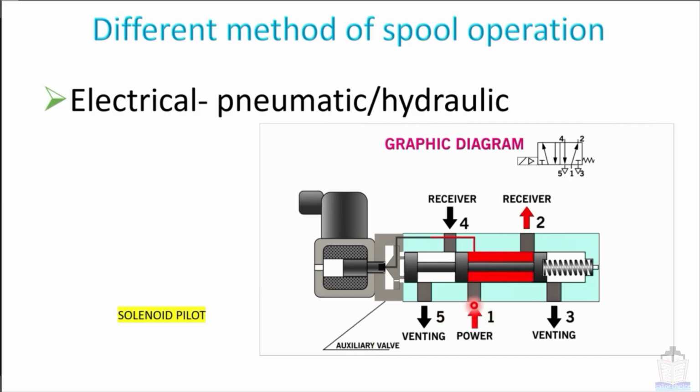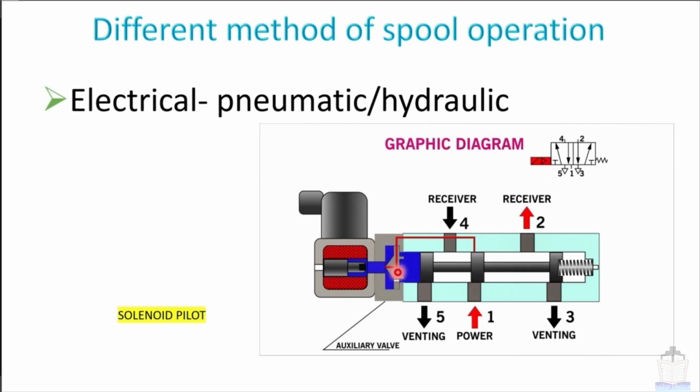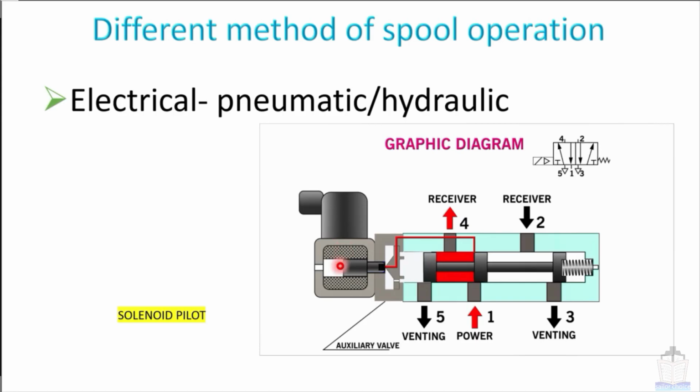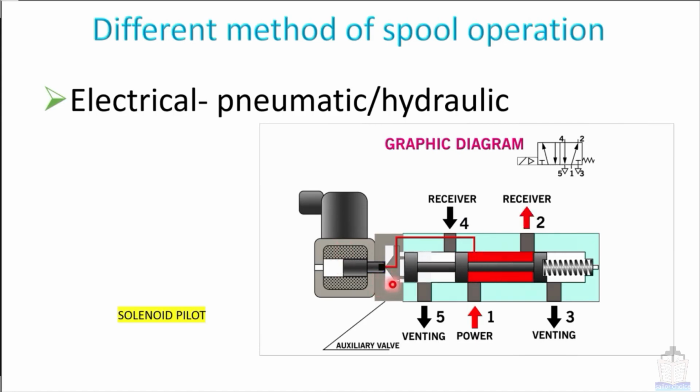First pressurized air is available. Now it will wait here. When the solenoid is energized, this valve will lift and air will start entering this chamber and will push the spool to the extreme right. And when it de-energizes, air will be released. There are so many holes present over here, so the air will be released and it will cause the spool to move to the left position. So this is how the solenoid pilot works. I hope this is clear. Now moving next,